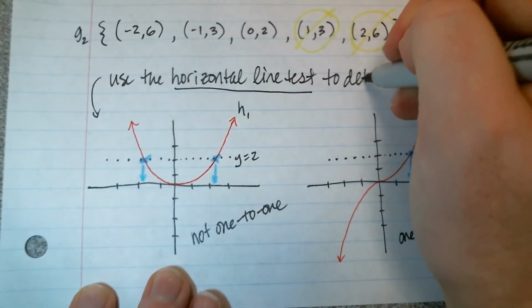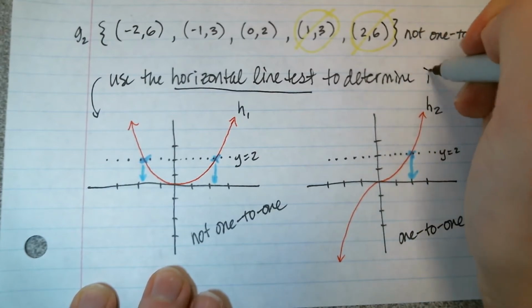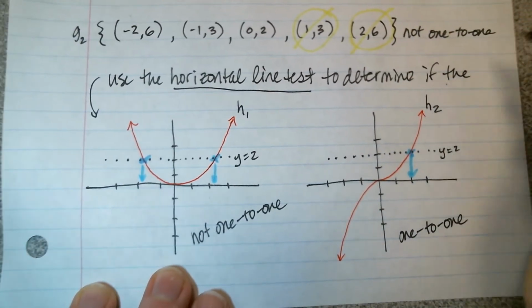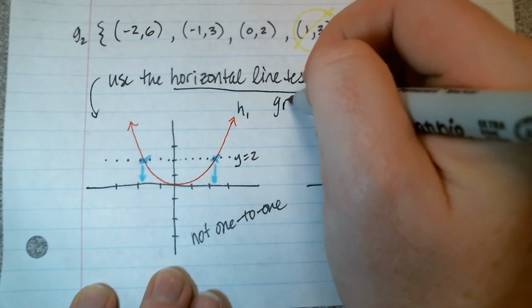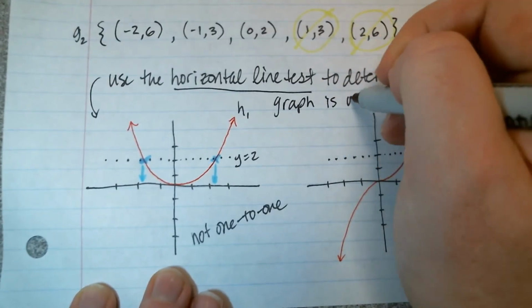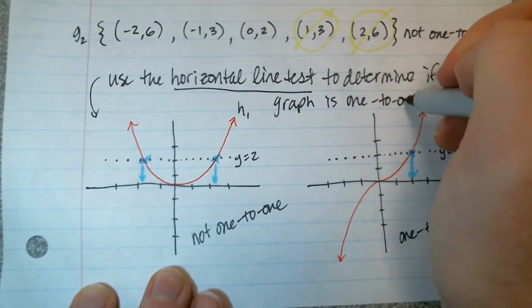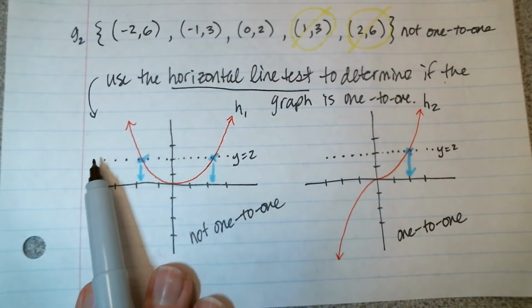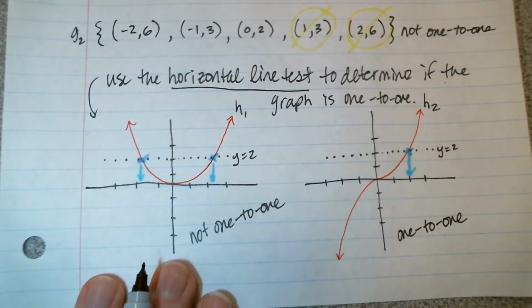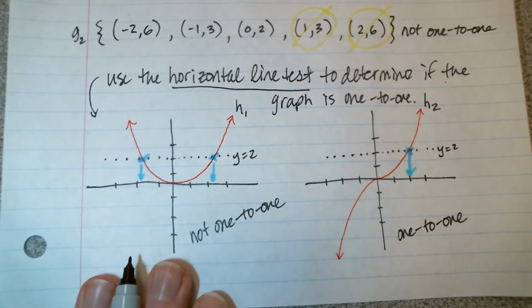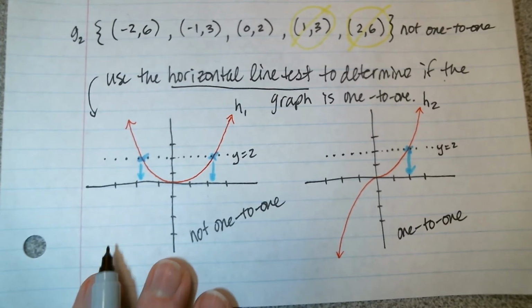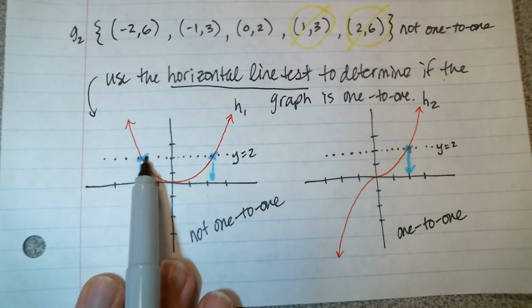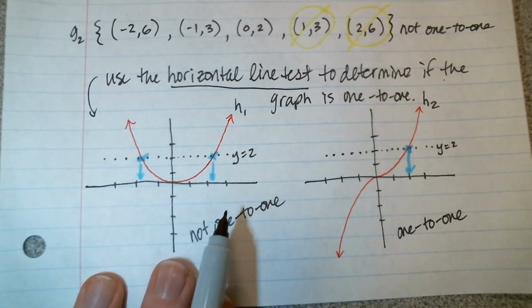to determine if the graph is 1 to 1. So what we're going to do is just draw in any horizontal line, and it should only intersect with your graph at most once. And as you can see, this horizontal line intersected the graph twice, meaning it's not 1